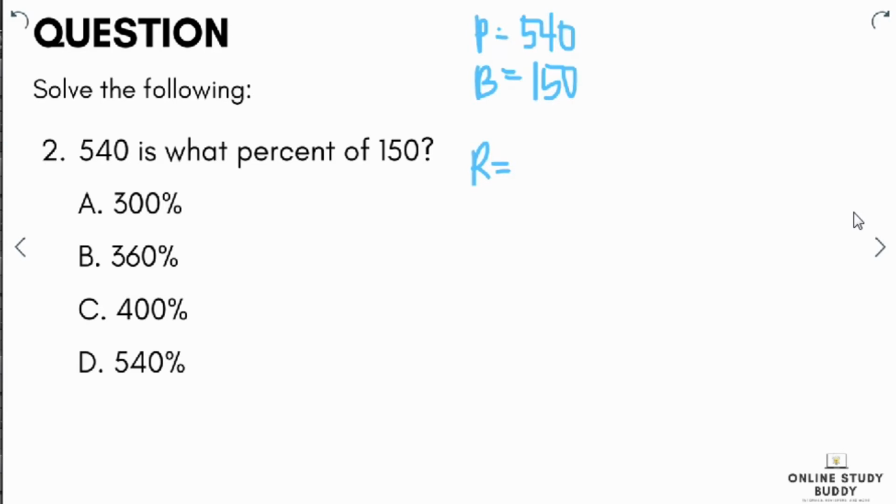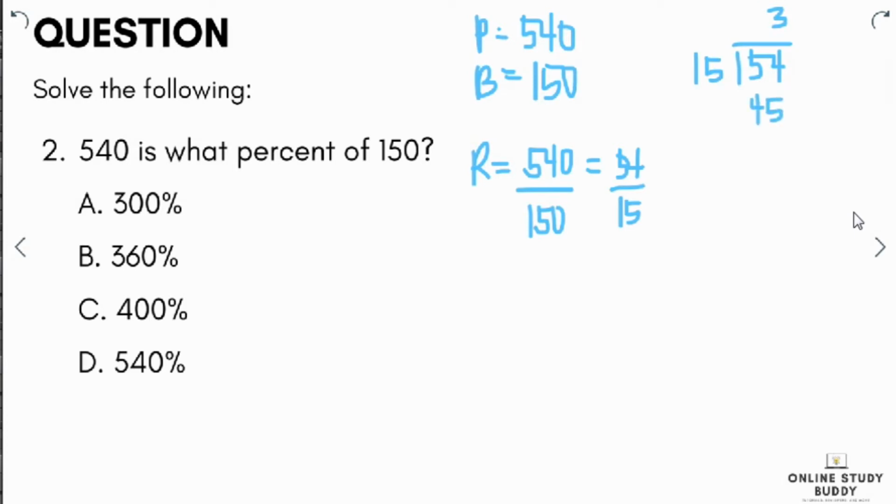Our rate is equal to 540, which is our percentage, divided by the base, which is 150. So, mas-simplify natin to as 54 over 15. Now, let's proceed with dividing these numbers. So, 54 divided by 15 is 3. And then multiply 15 by 3, we get 45. Yung difference naman ng dalawang numbers na to will be 9,